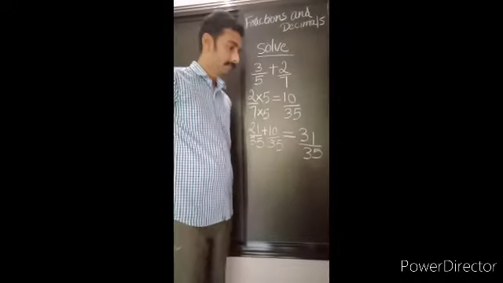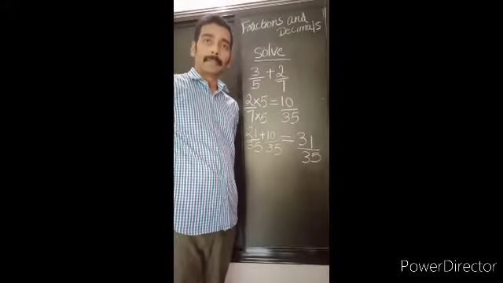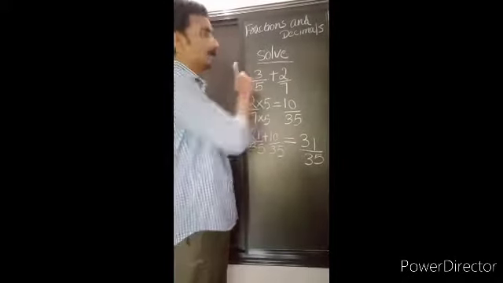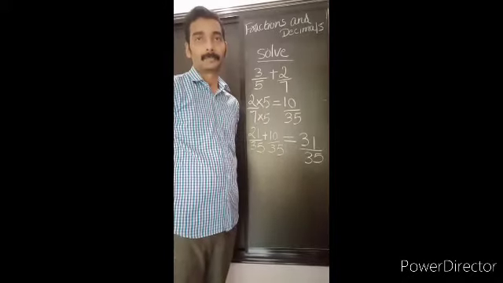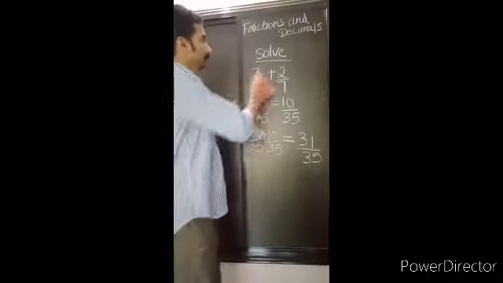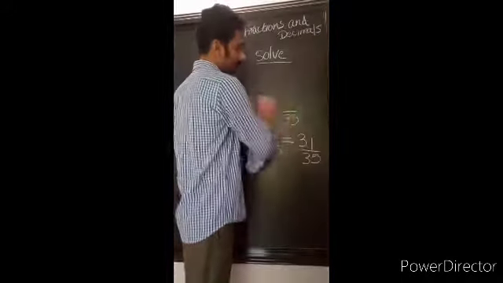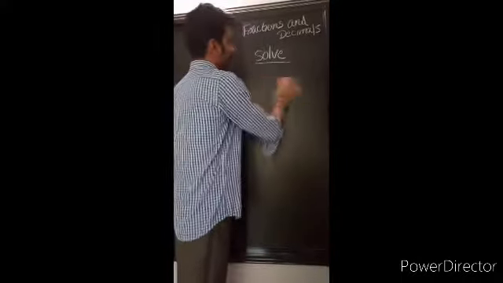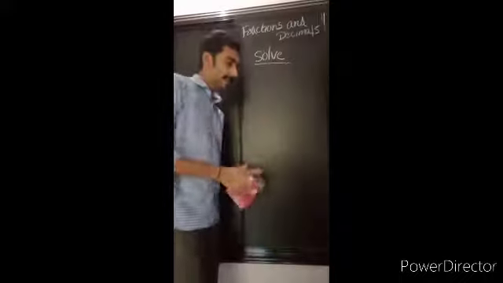31 by 35. Okay. These are the answers of the first one. Clear? Okay. Then another question is